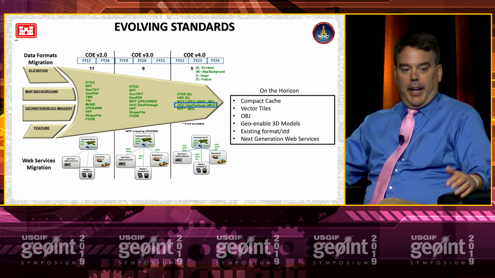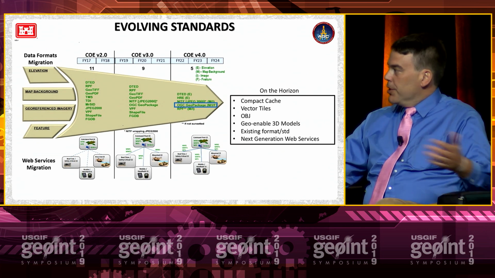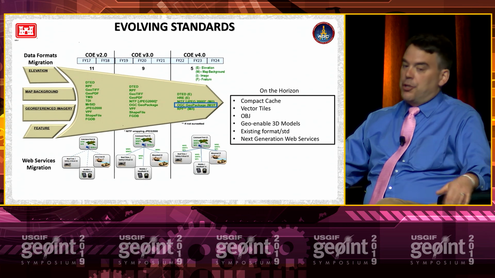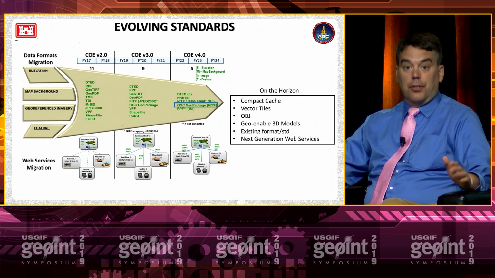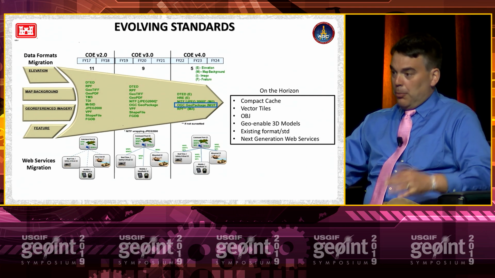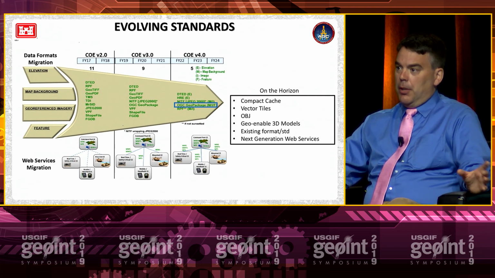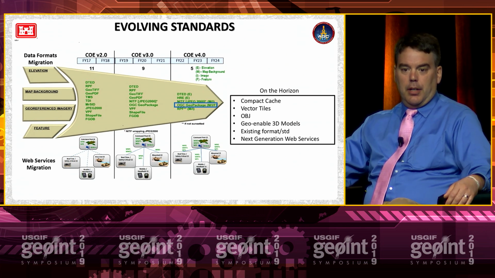We're looking at adding OBJ potentially in the future, focused on maybe GeoPackage, which is one of the things that we're really pushing, and maybe we can look at OBJ, 3D models inside of a GeoPackage. We're doing some current work with things like vector tiles, portrayal, a routing API, and a couple of other exciting things with OGC right now that you'll see coming out in the next year. So by working on those standards, that's going to enable us to solve some of the problems that we're looking at. I'm pretty sure that's my last slide.